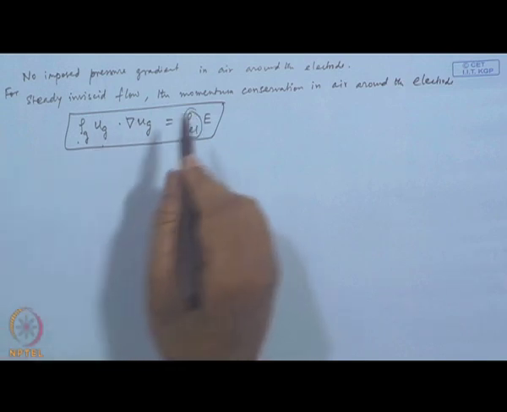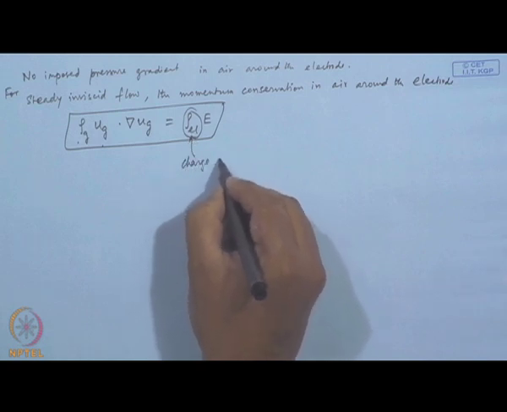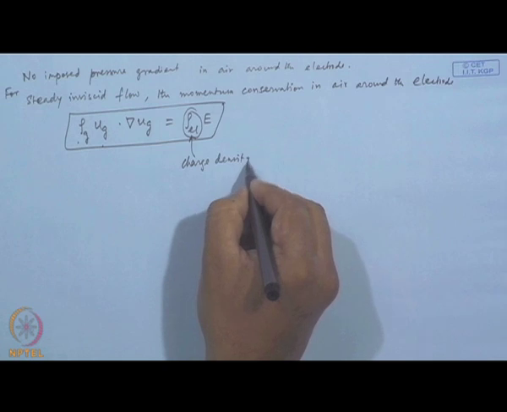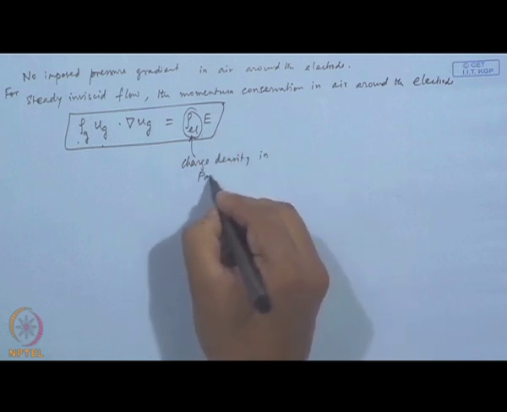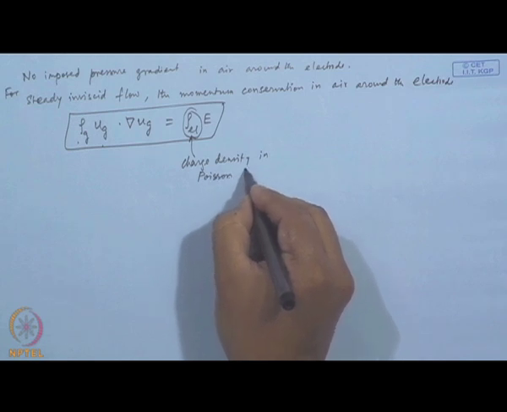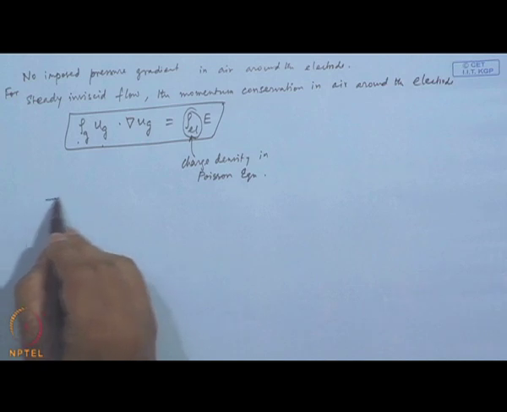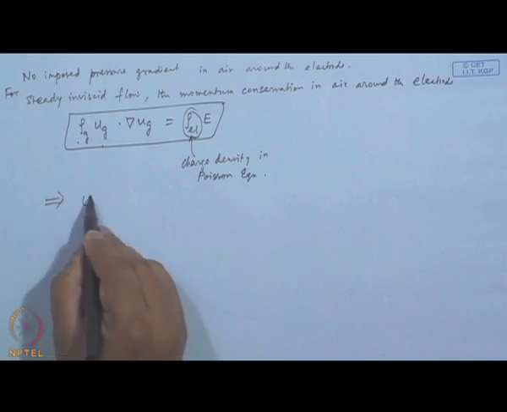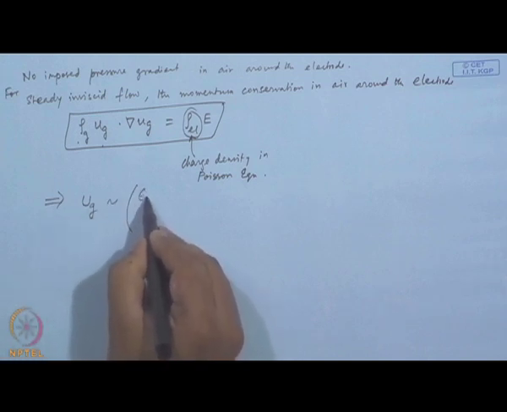This rho El, this is the charge density in Poisson equation. Now, this has been shown that the order of this Ug comes to